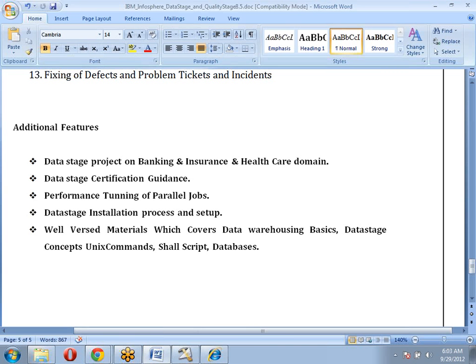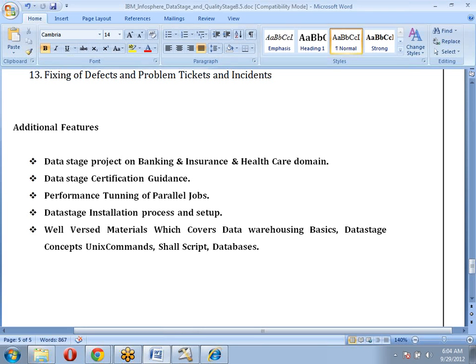And if any one of you wants to write any certification on 8.5 or 8.5 with QualityStage, I'll also provide you the corresponding materials and information. You can also write it, that is not very difficult. We are also going to cover metadata, and we are also going to cover configuration related information, because in the certification 65 questions will come. In those 65 questions, 5 questions on metadata, 7 questions on configuration, 7 questions on transformations, 7 questions on Oracle databases.